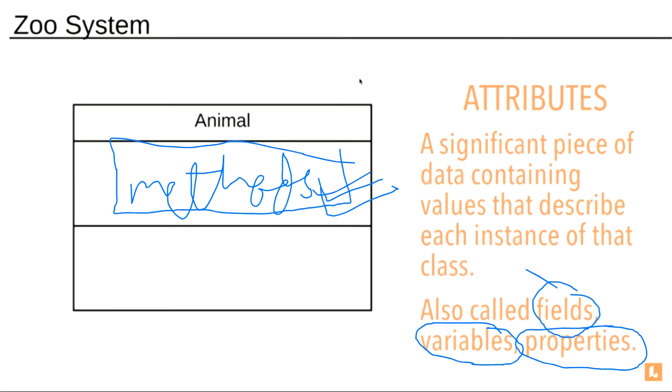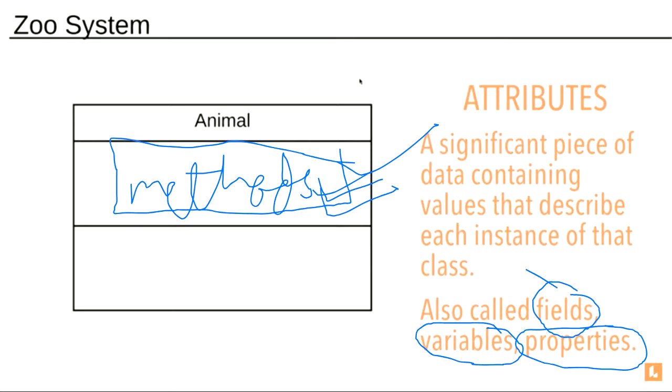For example, from this animal class you want to identify a tiger. So what are the properties of the tiger? That will be written here. Suppose you want to identify a giraffe from this animal class. Giraffe is an object of this animal class, and you want to identify that, or instantiate that, as you can also call it. So how can you do that? Only if you know what the properties are, and these properties will be written in the second box.